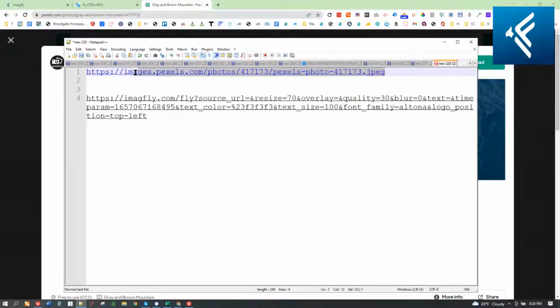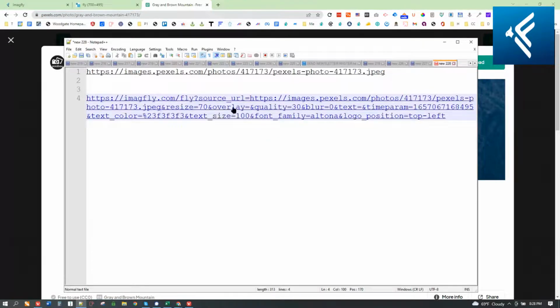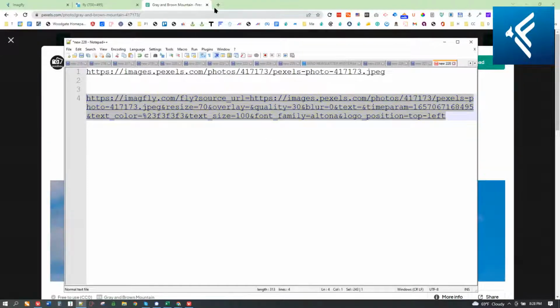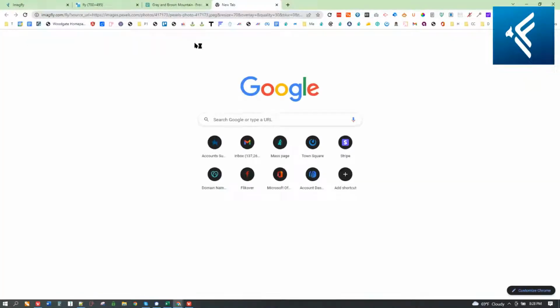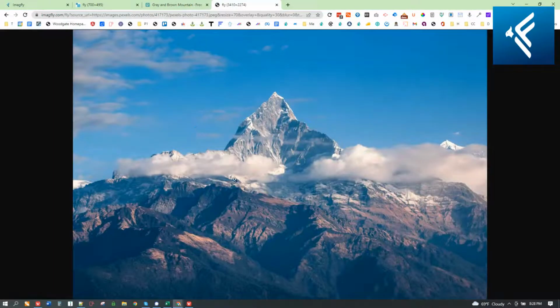And so you could have it resize, and you could have it go to like 70%, and the quality is this. And we can do a blur. So we can show you in a second how this works. If you haven't seen this, it's really, really cool. So we're taking this other image now, and we're reducing this down. Remember before it was quite a bit bigger, and so we've reduced it down.